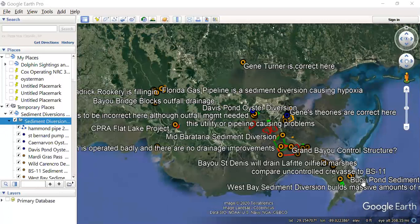When we don't support them, I want to be clear about that. There's freshwater diversions. I'm going to call them oyster diversions. And then there are also freshwater pumps that are really drainage features, or they weren't intended as restorative features. And those have had particular problems, particularly the assimilation plants. And we want to point out the difference between that